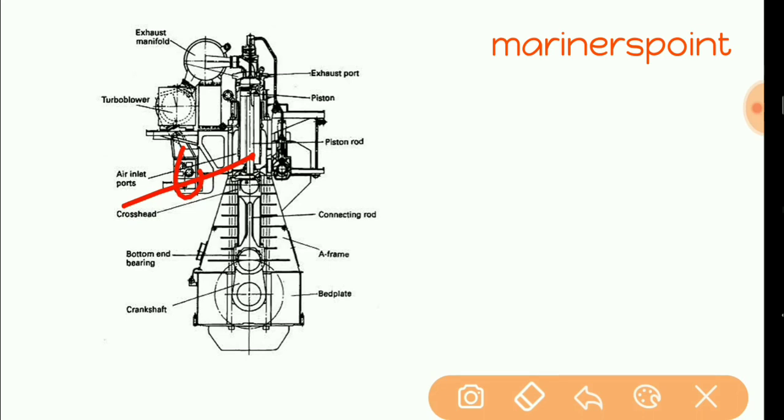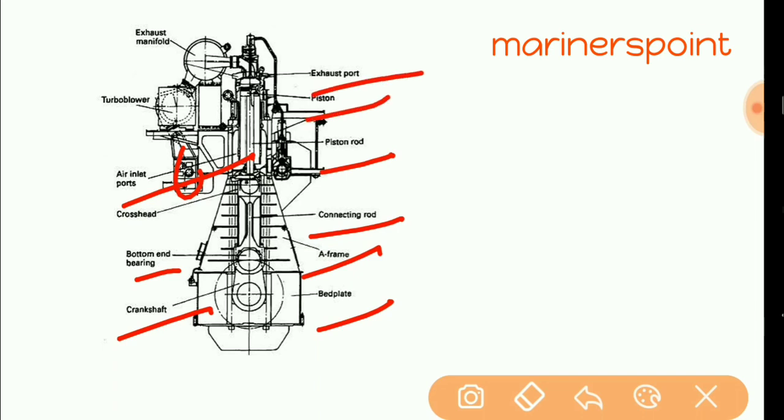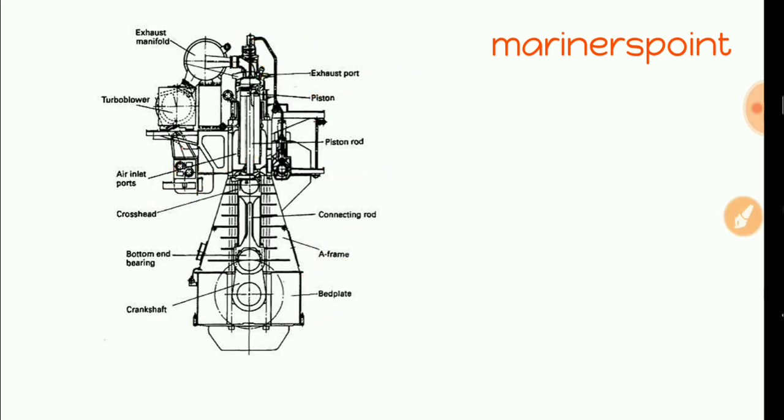Okay, crankshaft, bottom end bearing, A frame, bed plate, connecting rod, piston, exhaust port. Okay, this is the exhaust valve. Okay, in this figure the fuel pipeline is not shown, not visible. Okay,